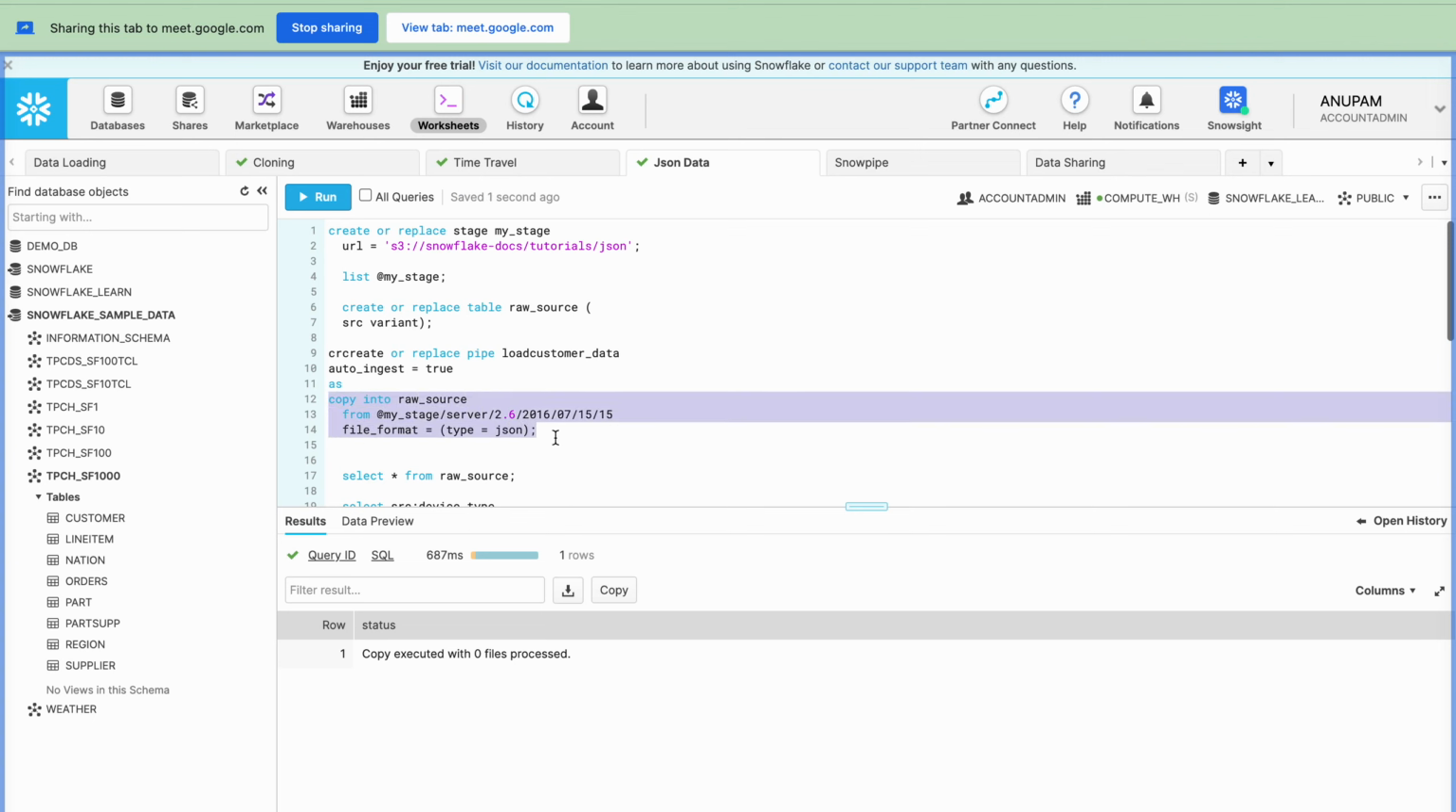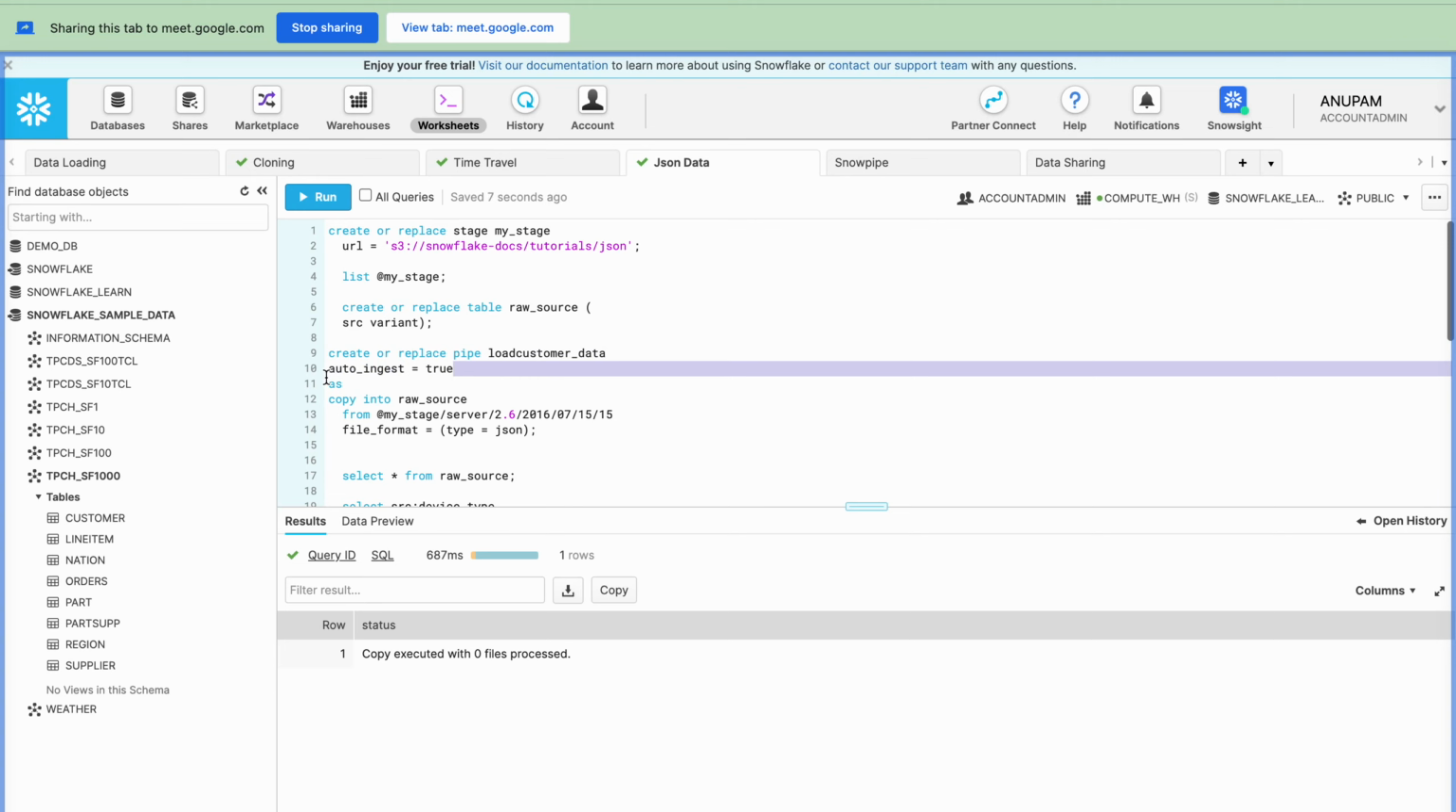Whatever the copy statement we have, on top of it, create or replace pipe, you can give the pipe name, auto ingest equal to true. Auto ingest equal to true means whenever any new files come into that path, it is automatically going to load it. This true flag we need to set it, and if we execute it,